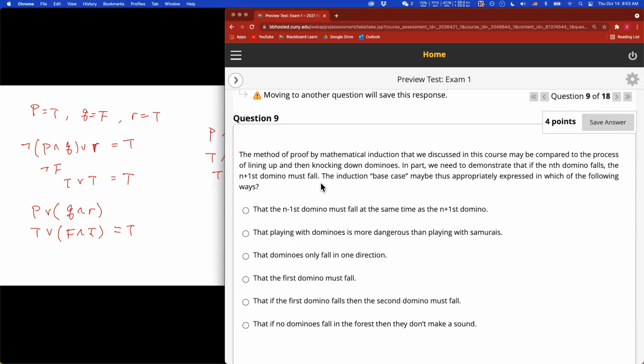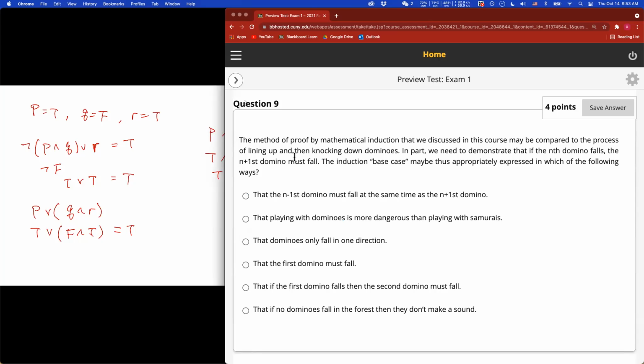Okay, so here is the domino question. Let's say you want to use mathematical induction to prove that if you line up the dominoes and then knock them down, all the dominoes will fall. So you know there will be a part where you need to show if the nth domino falls, then the n plus 1th domino falls. That's the inductive step, where you assume the kth one, or here the nth one,